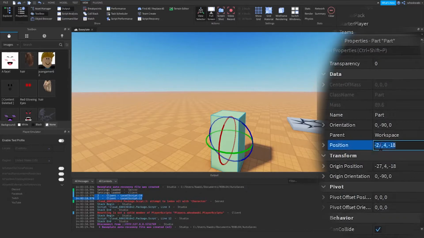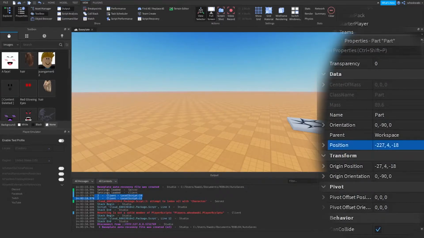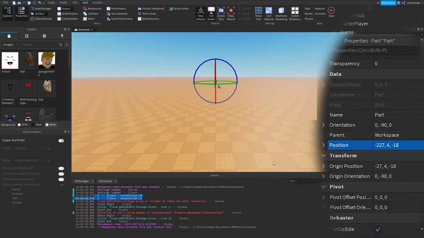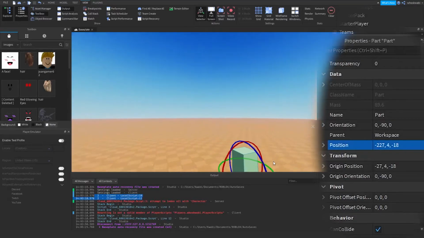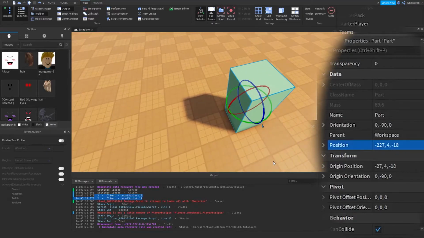You can also change the positioning. I don't know if it's going to move, but see how I changed it? It's over here now. See? You can change the